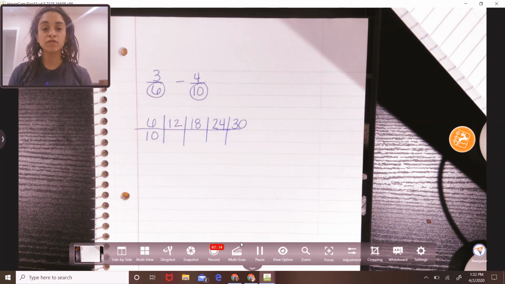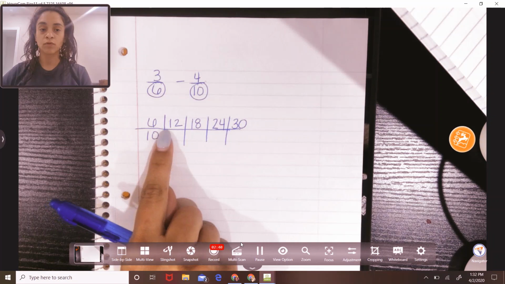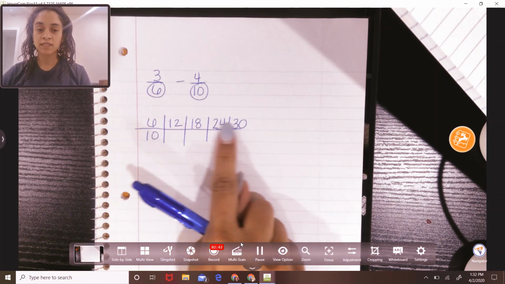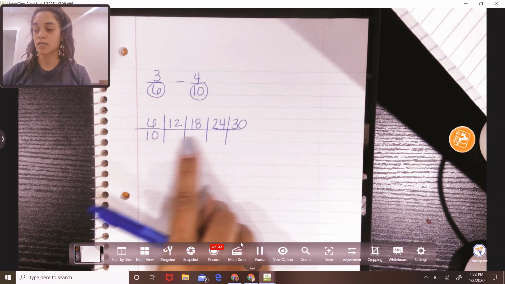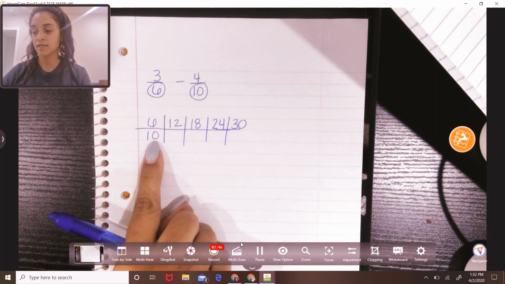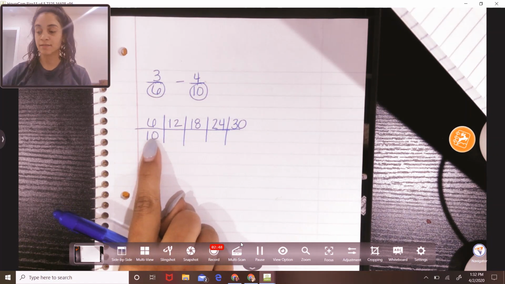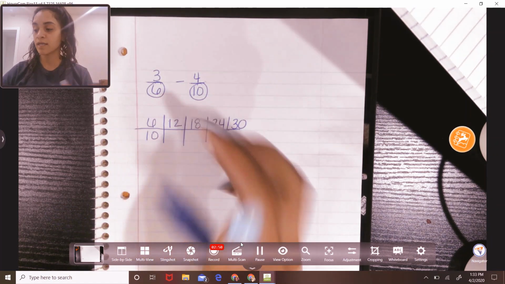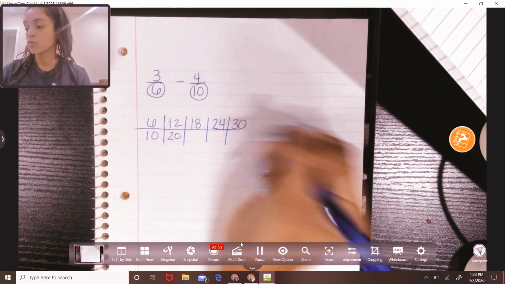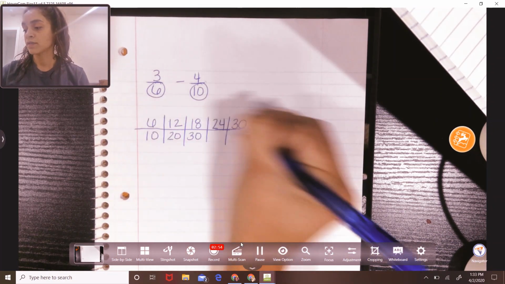Then let's see if we can find one that is the same, that is equal, similar, common in the 10. So we need a number. One of these numbers needs to match a number down here. So we have 10. Now we're counting by 10s. So multiples of 10: 10, 20, 30,